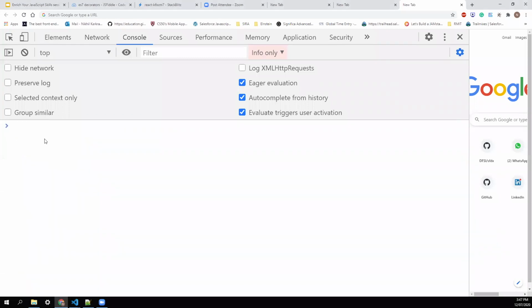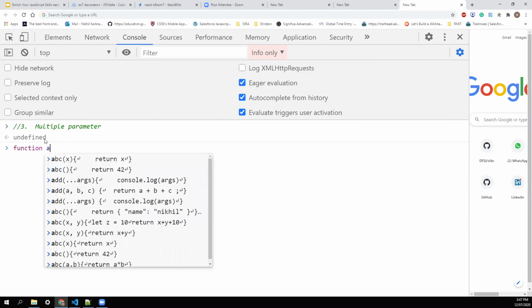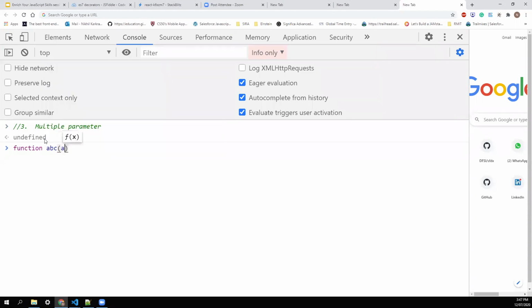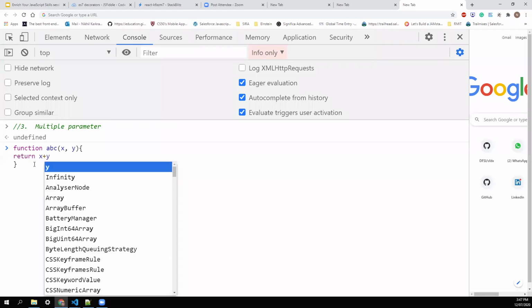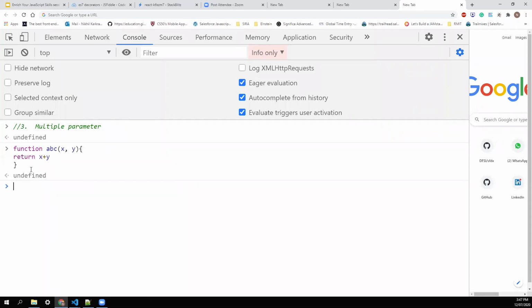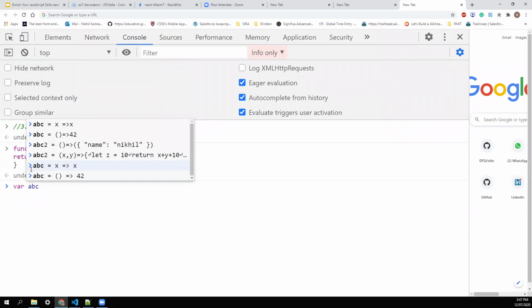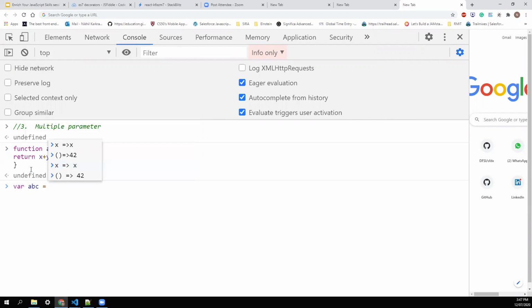There the things get changed. So now again, I'll create a function ABC. I'll say it is expecting X and Y, and returning X and Y. So if I want to convert this into an arrow function, I'll say here ABC. Ideally, you should use const, but it will clash in my console.